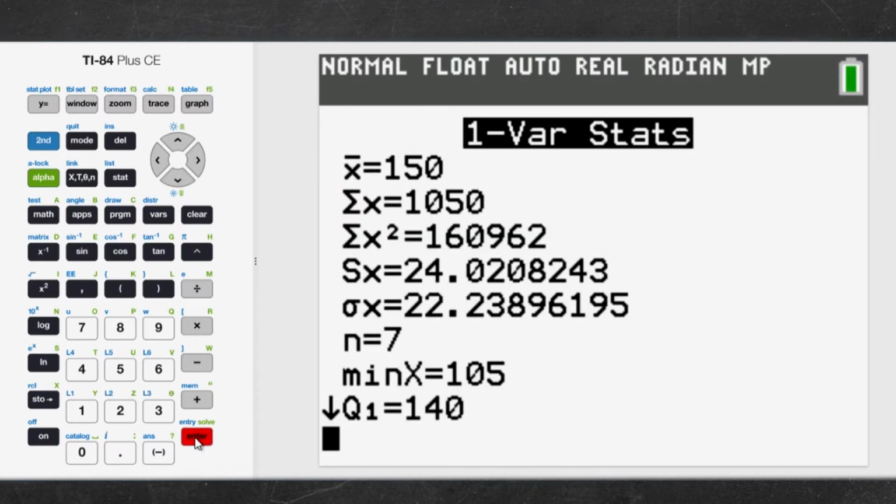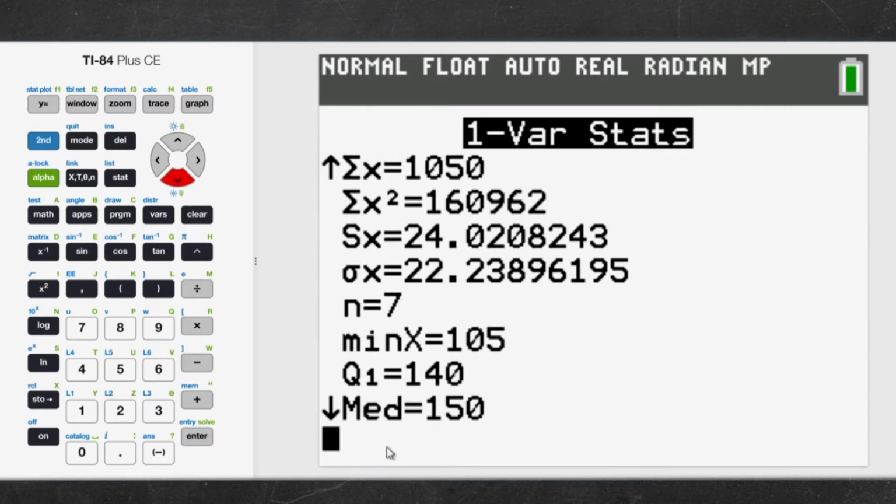All of a sudden, these crazy numbers. You say, whoa, Ernie, what are those things? One variable statistics. First of all, you've got this thing called X bar, which is the average. It's a mean. So, hey, we got 150, right? That sounds good. The summation, if we had added them all together and then divided by 7, was 1,050. There you go. And there is your average. Now, what's going to happen from here on down? We were looking for a median. Look at that. Right there is the median at 150. So it arranged the numbers in order from low to high, and it picked out 150.